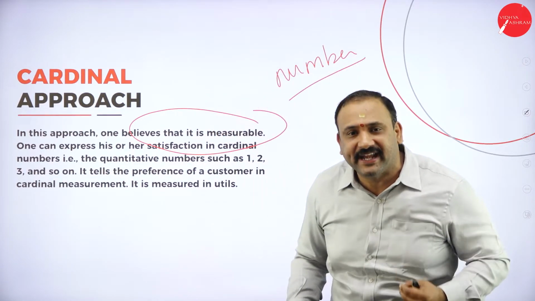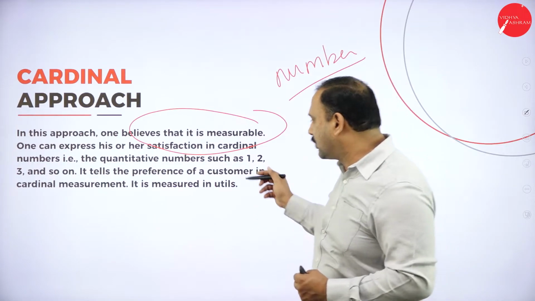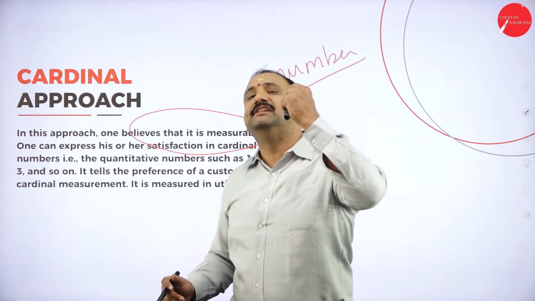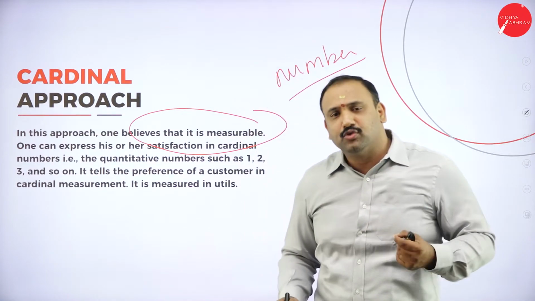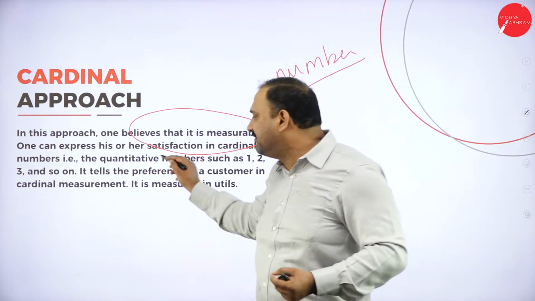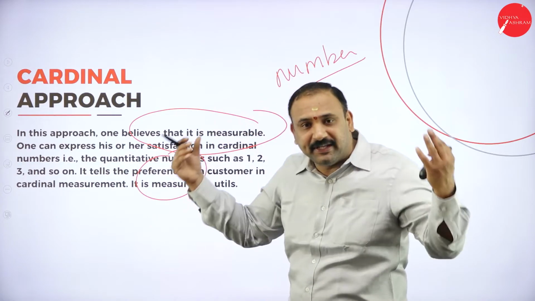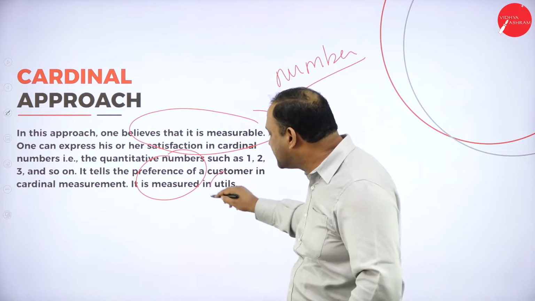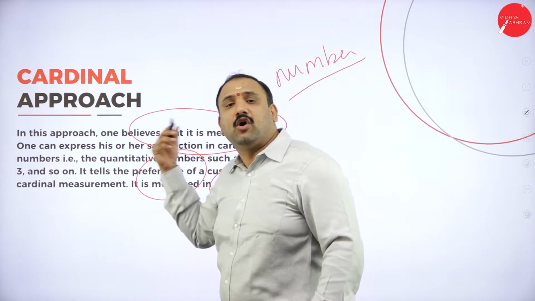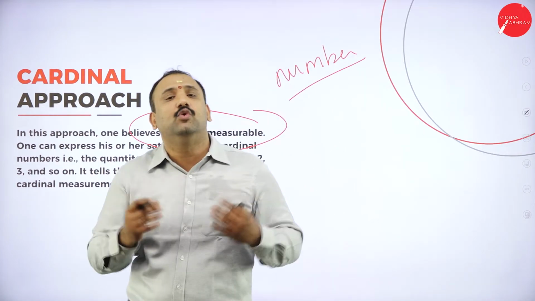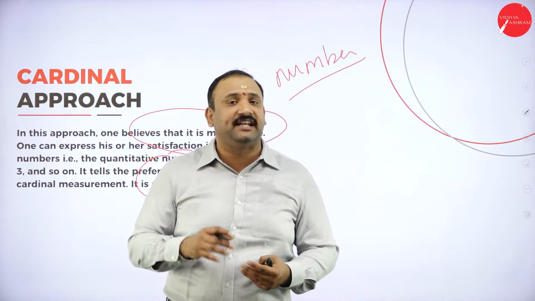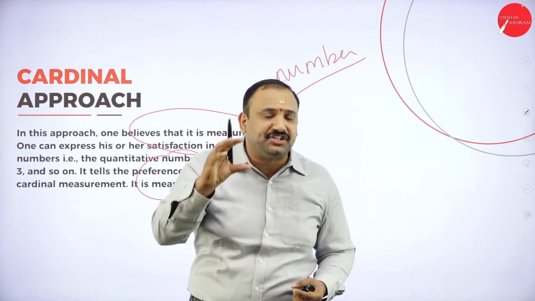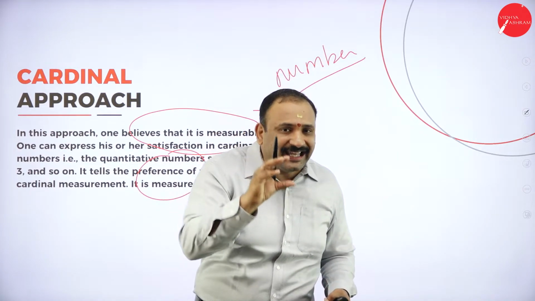It's a quantitative technique. The moment the quantitative technique comes into the picture, it is purely a number game. So the more you consume, the more value you experience out of it. So it is a cardinal measurement. It is measured in utils, the particular utility value altogether. So that's why we say that cardinal measurement is all about understanding the utility value